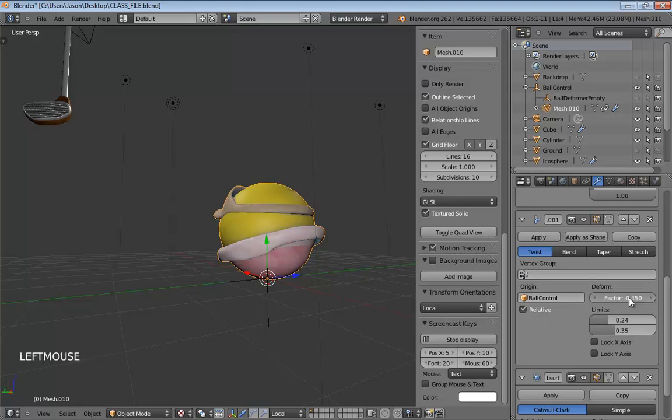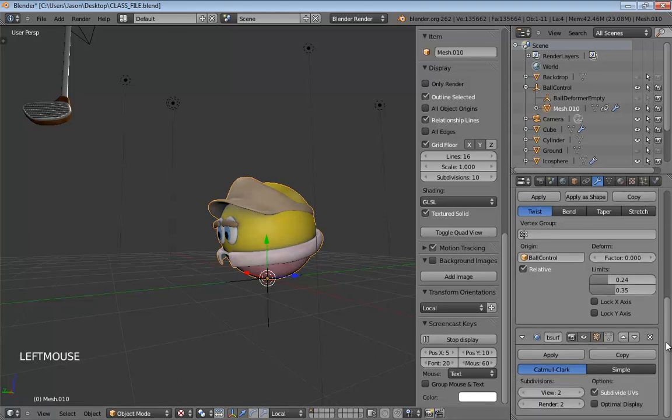And we had another question. What happens if you applied the sub-D already? It shouldn't matter. You're still going to be doing the same thing, essentially. If you still have your sub-D modifier on there, it would probably be better to leave that at the very end. But if you don't, you just have a whole bunch of geometry now, the modifier will still do its work. It's still going to twist your character. You just may notice that certain things look a little different than mine because you're moving so many vertices. Still, it's not a big problem. The difference should be negligible. Not enough to really write home about.